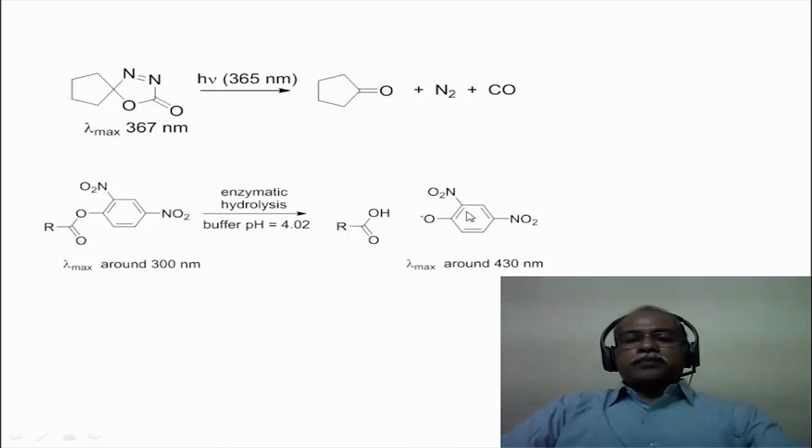So if one wants to follow the enzymatic kinetics, the hydrolysis kinetics, one can just observe this species and quantify the species present in the solution, because the epsilon value of the species can be easily measured by making the pure phenolate from the phenol and sodium hydroxide solution. So the quantification and the kinetic measurements can be easily done using spectrophotometry. This would be a true application of the quantitative aspect of spectrophotometry in this particular case.